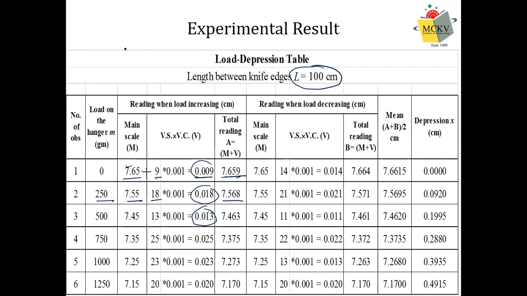So what we are getting: initially there was no load, so it is the position of the rod. Then when we give some weight, say this is how the rod looks like. So initially that was the position, and the position of this cross is say 7.659. Relative position of this cross is 7.659 centimeter. This is in centimeter. Okay, this is in centimeter. Therefore, it is also in centimeter.